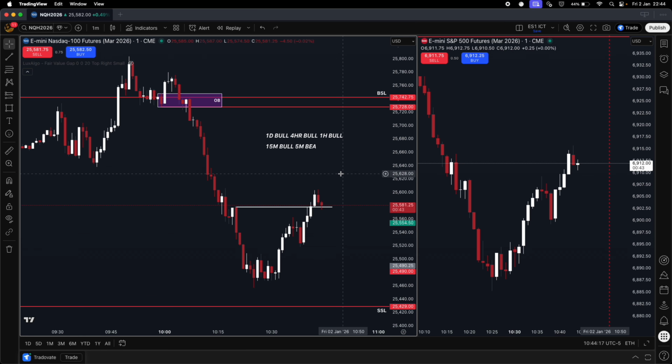So I know a lot of you guys were tempted in taking a short. Now, price didn't take an invalidation low, but there's also a difference between price giving multiple entries and not filling a specific entry that we was originally looking for. So originally we was looking for the fair value gap, and then price closed below, and the bearish order block didn't give an entry. So I was looking for the fair value gap, which didn't give an entry, and then we had a second order block, which price gave an entry, but I was looking for the fair value gap. And the stop placement had already completely